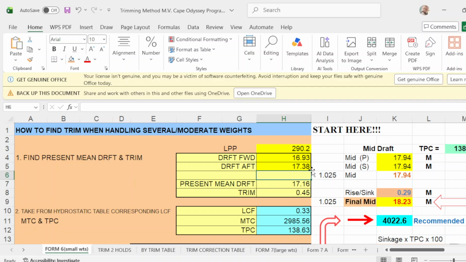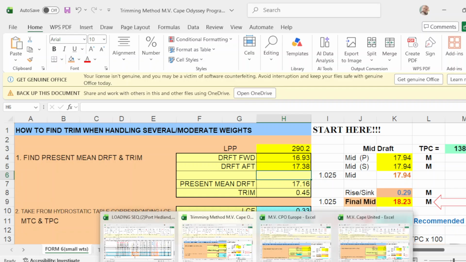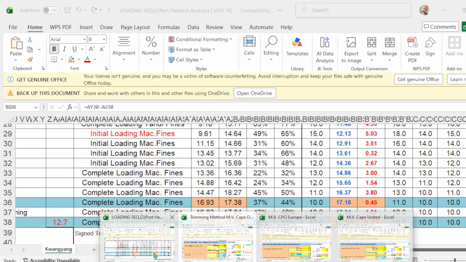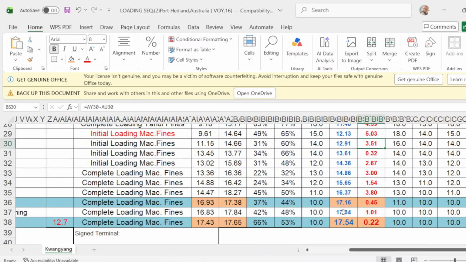Okay, so check the mean draft and the trim: 17.16 and 0.45. So you have there 17.16 and 0.45.